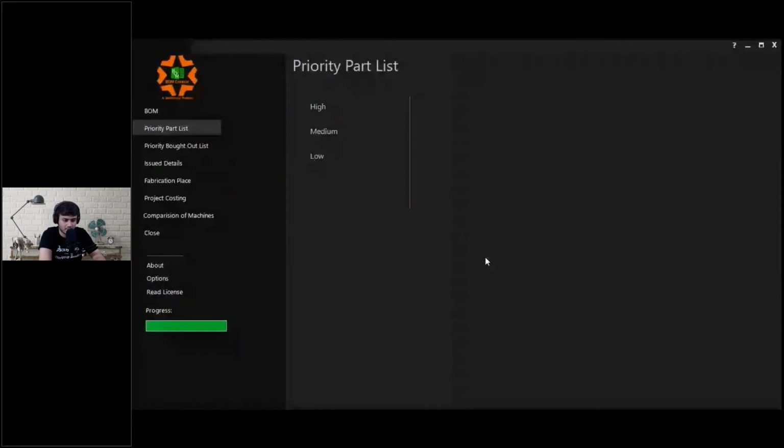So here we are categorizing things into high, medium and low priority. The items taking longer time to get manufactured would be part of my high priority list. Items taking average manufacturing time would be part of my medium priority list. Items taking the least time would be part of my low priority list. This helps me keep a complete, proper plan, so I do not have any chance of my project getting delayed.